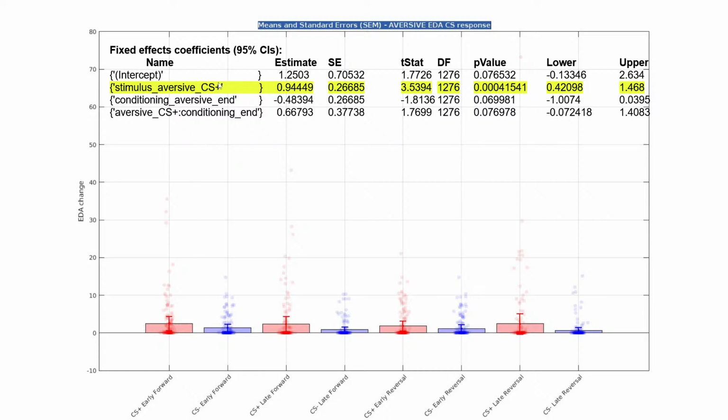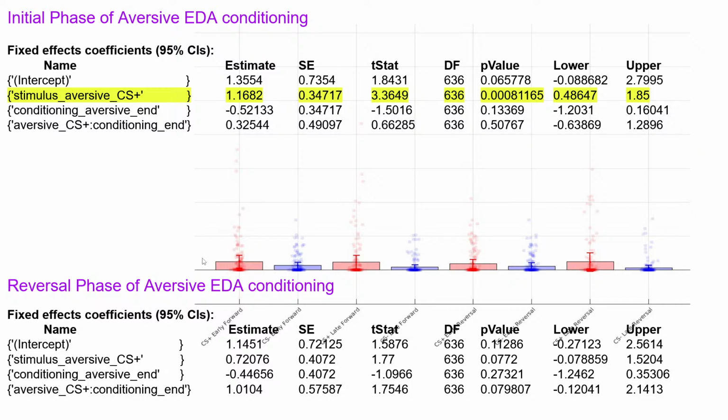The CS plus was higher than the CS minus in both. When analyzed together, the initial and reversal, the CS plus was higher than the CS minus, but there was no difference between the CS plus in the beginning and the CS plus in the end. So the CS plus was significantly higher in the beginning of the acquisition and in the end. And the same when analyzed separately, aversive initial and